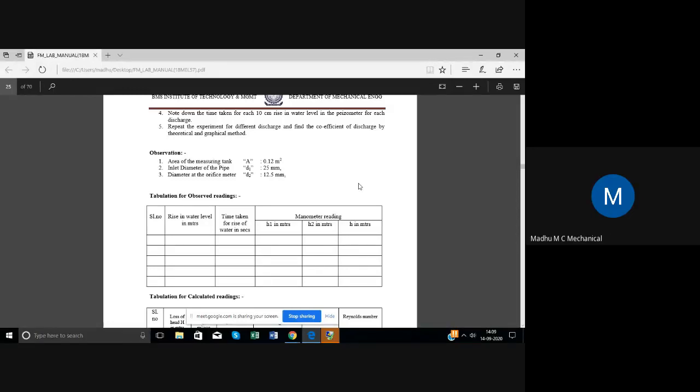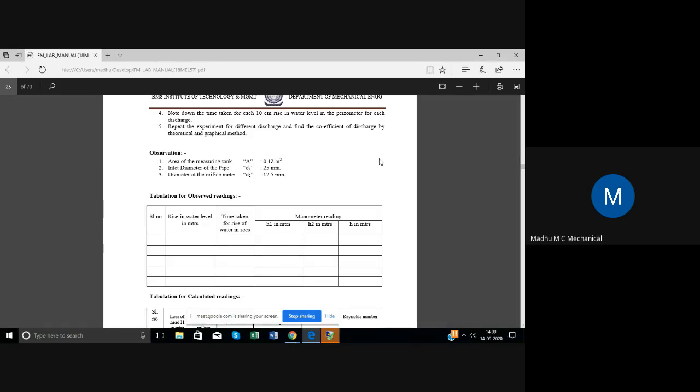So what I am going to do now is give you readings. Note down the readings and do the calculation. Before that, I kept the page here. Please note down the tabular column on a sheet of paper. All of you should have a paper and a pen. Note down the tabular column and the readings I'm going to give you.